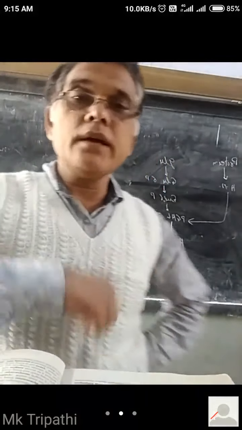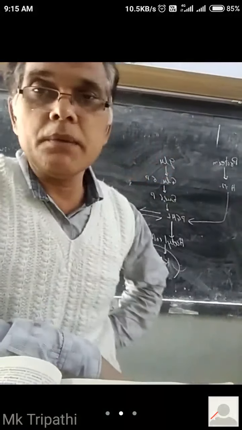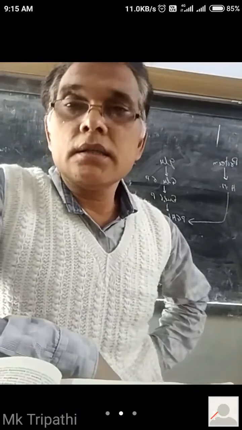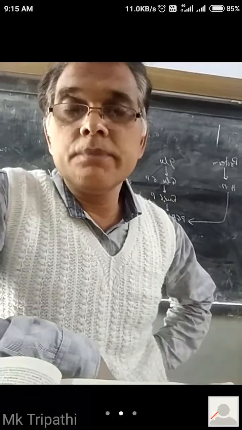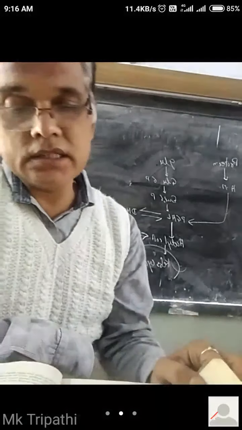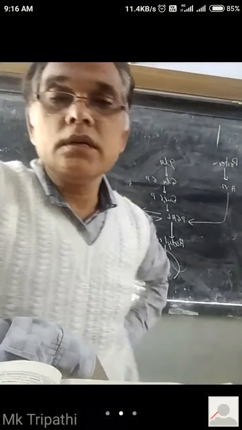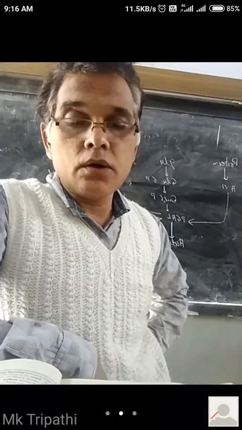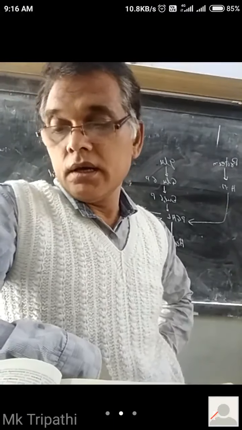The female gametophyte, or the female portion of the flower, is the gynoecium. Gynoecium is differentiated into three parts: stigma, style and ovary. Stigma is a disc-like structure which receives pollen grains, and style is a long tube-like structure that helps in the transportation of pollen tubes towards the egg cells. And the third one is the ovary, which consists of ovules, or the female gametophyte.